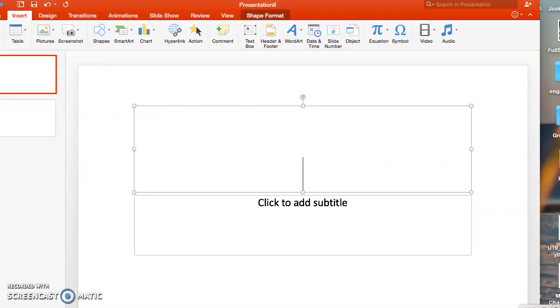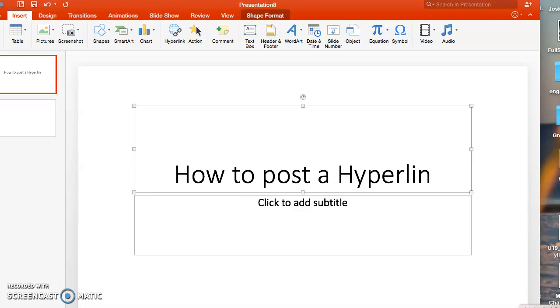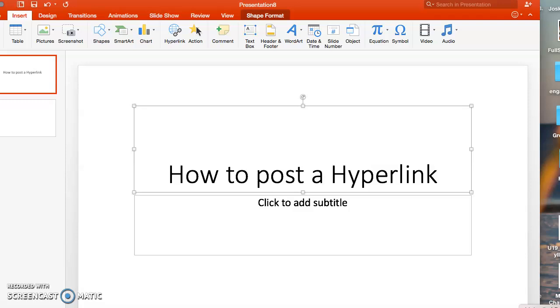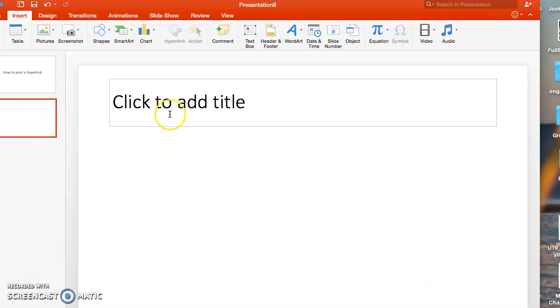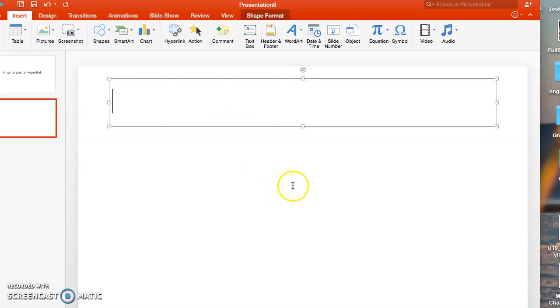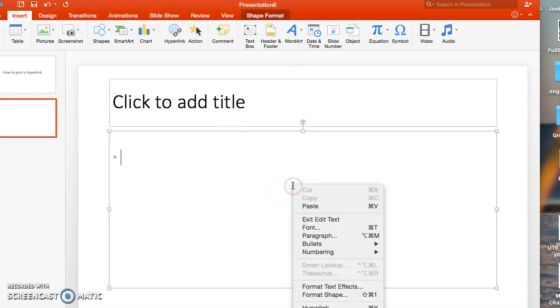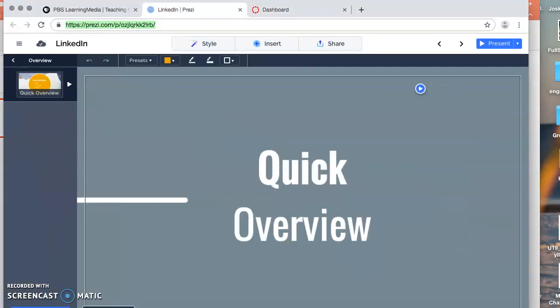I will bring this website up and I'm going to title it How to Post a Hyperlink. And I'm going to go down to the next page. I'm going to add a title, which would be,